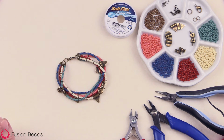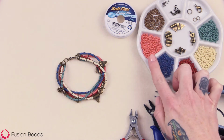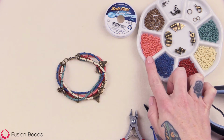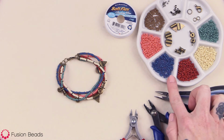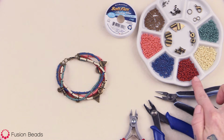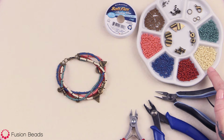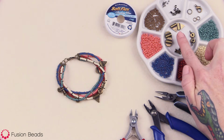To make this bracelet you're going to need size 11 matte gold plated metal seed beads, size 8 Duracoat opaque dyed dark salmon pink seed beads, size 8 light blue line transparent matte blue seed beads, size 8 opaque terracotta seed beads, size 8 opaque light beige seed beads, size 8 semi-glazed opaque turquoise seed beads, 2 10mm antique brass